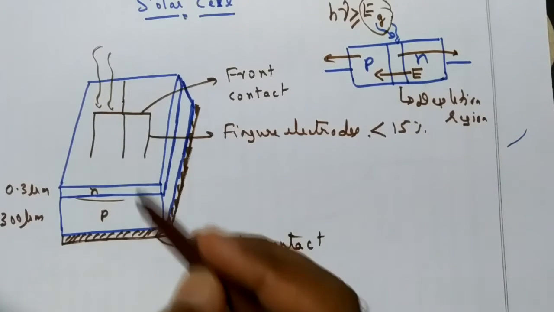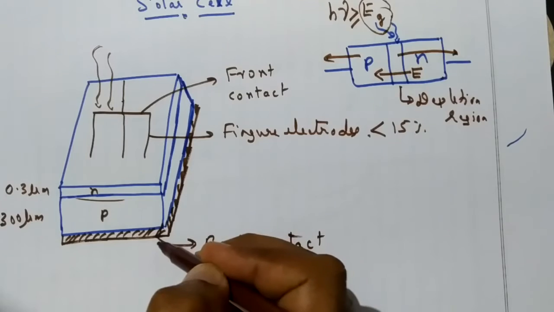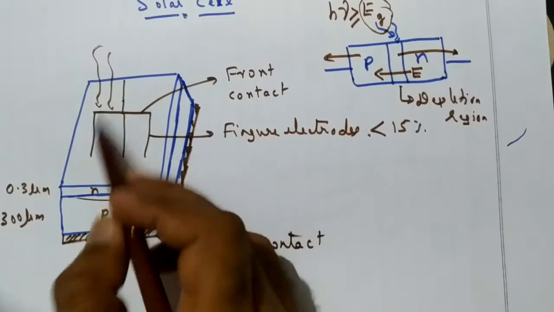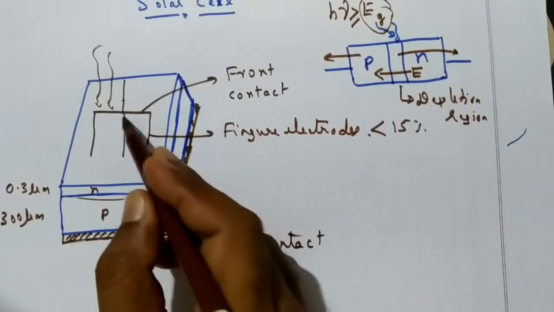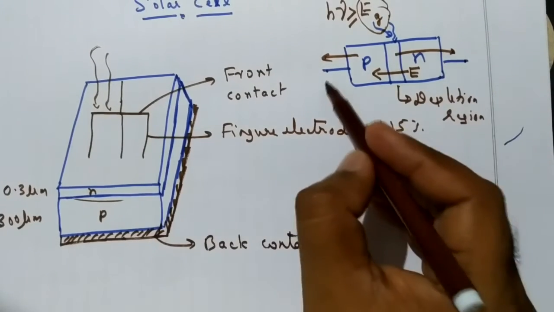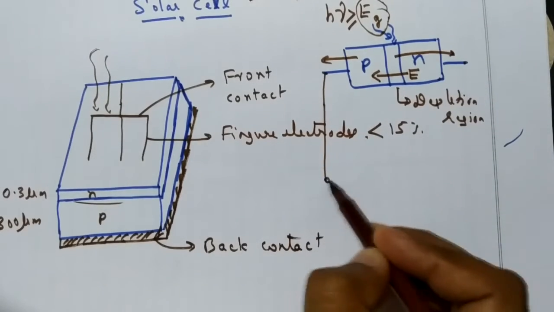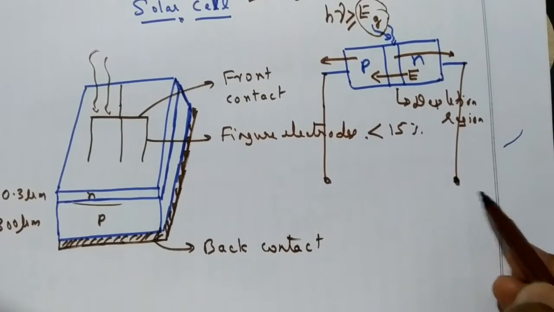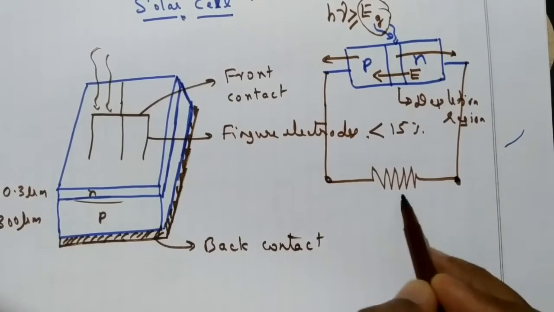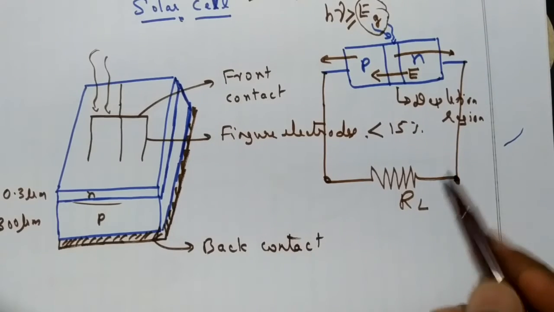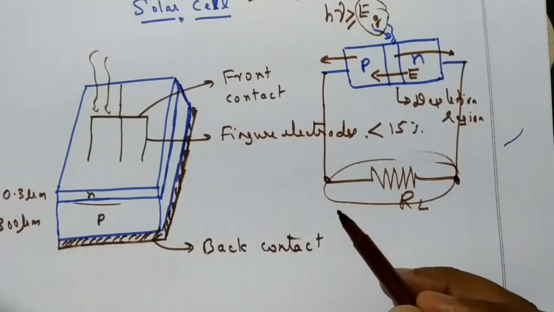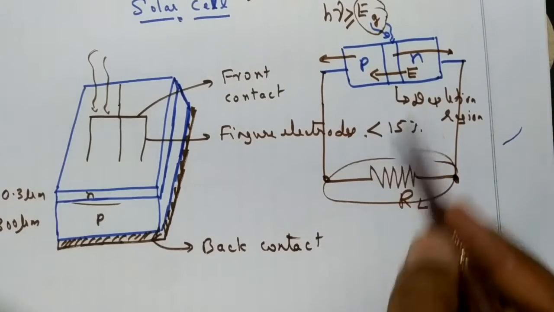When positive charges are deposited on a conductor, the potential will rise. And when negative charges are accumulated on a conductor, the potential decreases, and there will be a potential difference across the P and N type. That potential will be obtained here. And if you connect a load, current will flow through the load, and this load will normally be a battery which is charged by this solar cell.